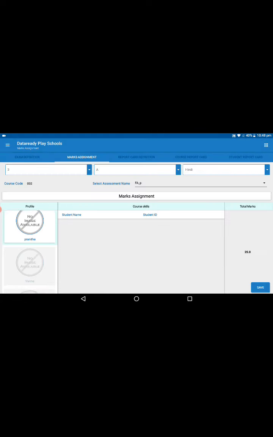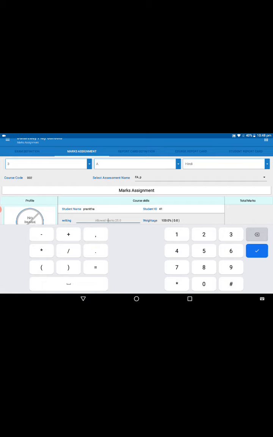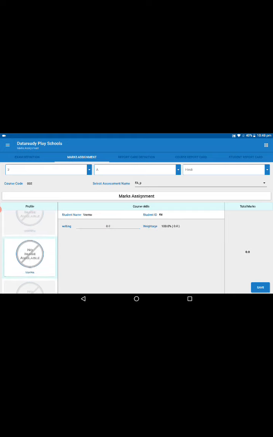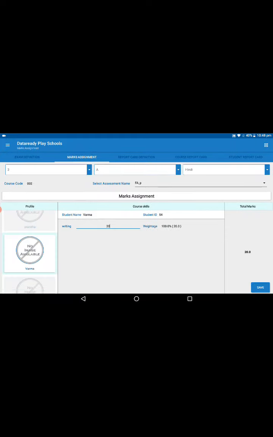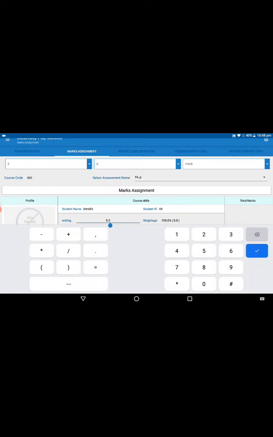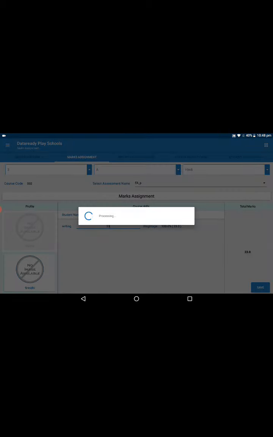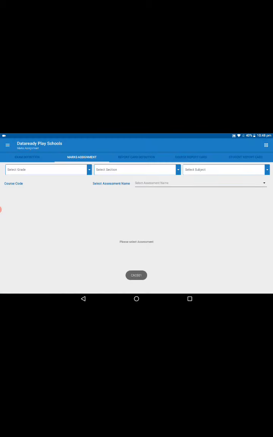Here you will get a list of students, and click on the student profile, and here you have to give the marks, and I would like to give 25. So like this you can allot the marks for the students of 3A. So now click on the save button so that the marks are going to be saved for the FAP assessment.